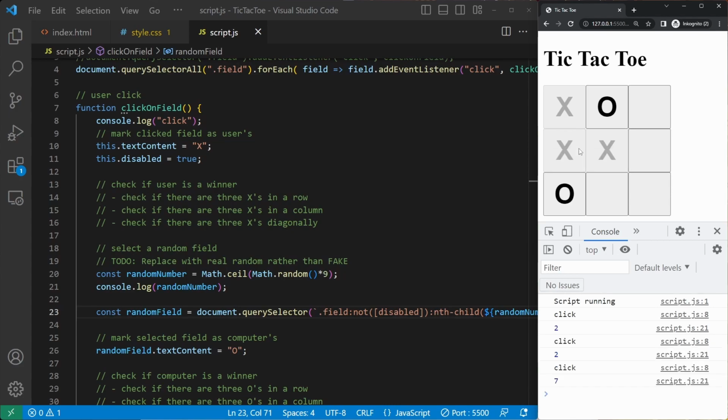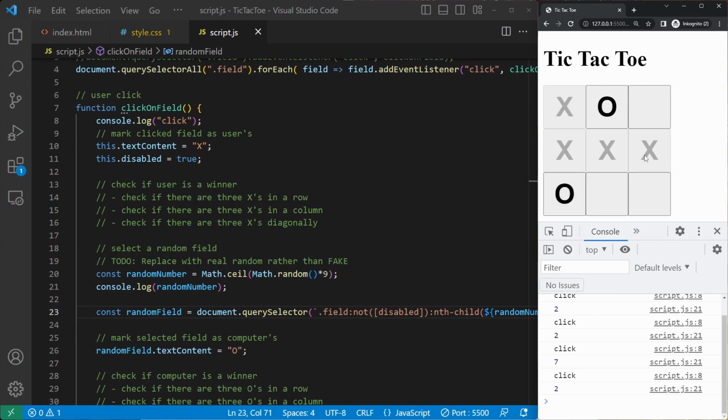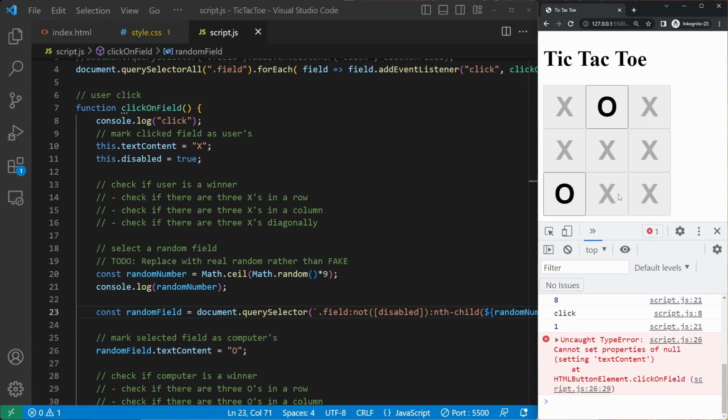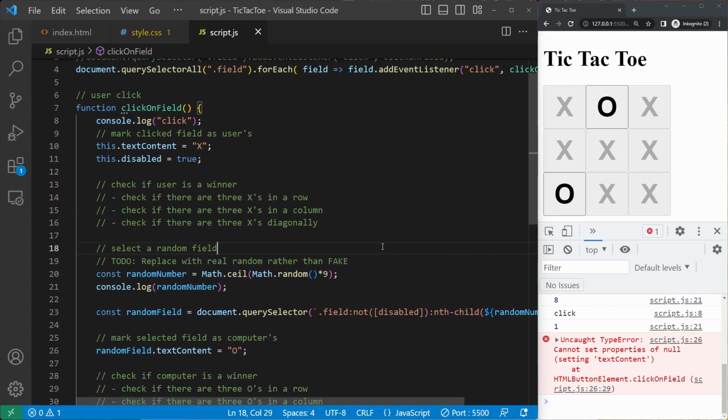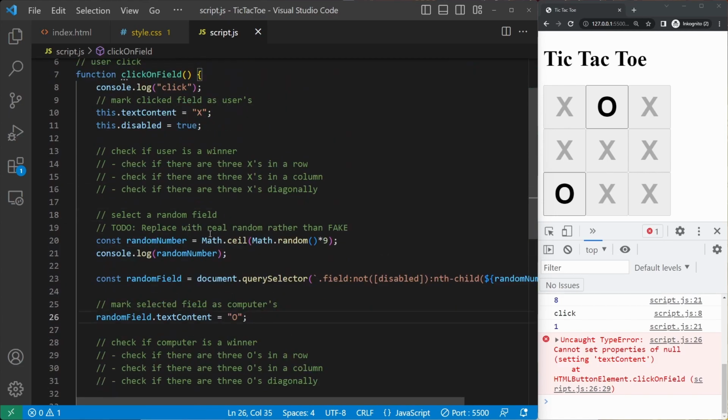And number 2 again. And number 7. And number 2 again. And number 8. And oh, I can also select its. So when that has. That should be easy.